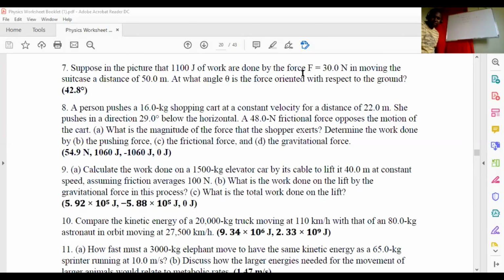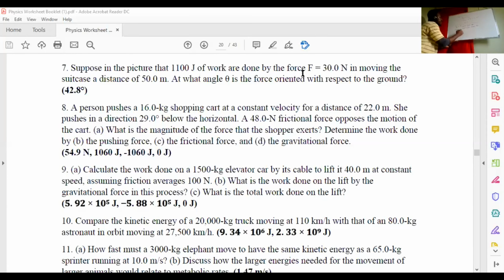42.833 degrees. So that's the answer there. All right, so let's look at that. We know work is equal to force times distance times cos theta. They gave us the work, which is 1,100. The force is 30, times the distance, which is 50, times cos